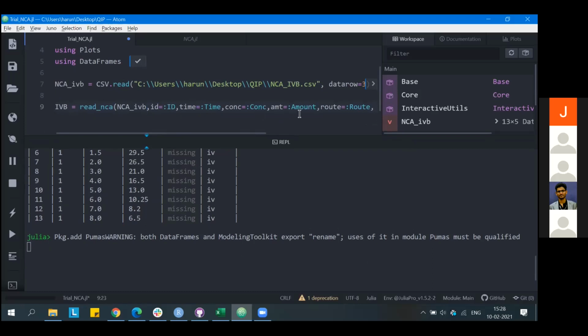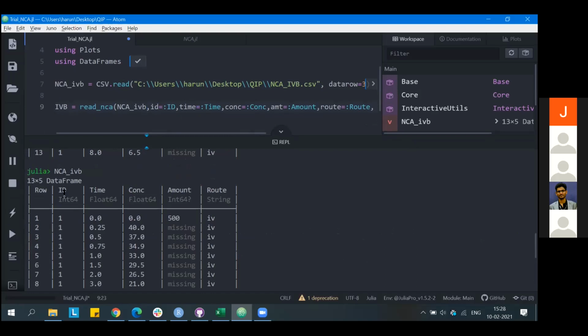The things indicated in blue after a colon are the columns from the data set I have. My data set has ID, which is completely caps, time with only T as uppercase, and concentration mentioned as CONC with upper C. I am telling the system that the ID column for the NCA subject should be taken from capital ID from this data frame, the time column from time, the concentration from this column, the amount from this column, and route from this route column.